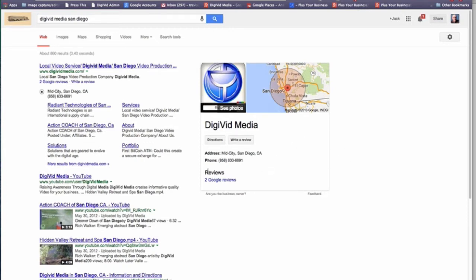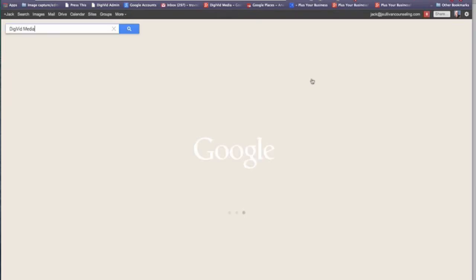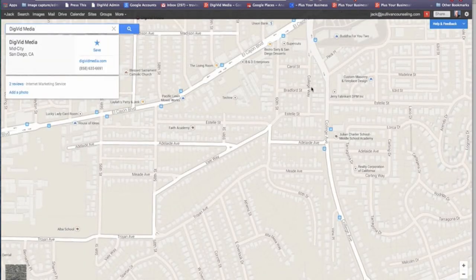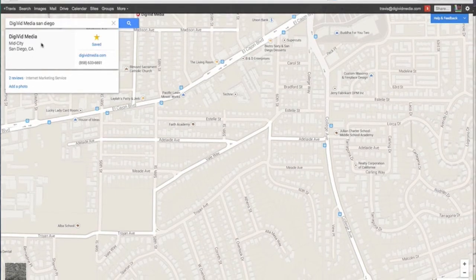But here inside Google Local, you can come here to the map and it will take you into Maps. Again, another location through which inside search and Google products that Google Local information will show up. And this is how my business displays inside of Google Maps. You have DigiBid Media, the name. There is no address. Mine is a service that goes out. So this displays differently and is much more limited than a company or a local business that has a place that you can go into, like a restaurant, or it has a physical location that shows the address. I will show you what those can do in a little bit.